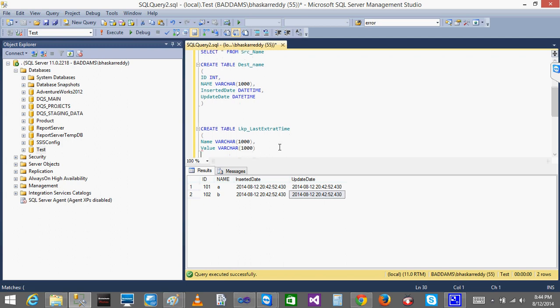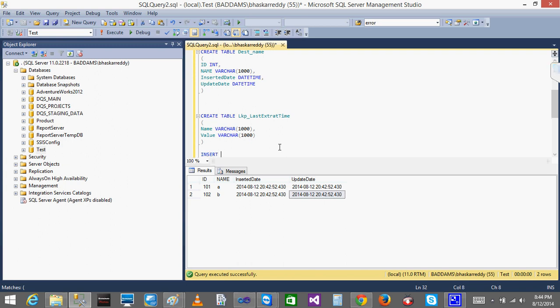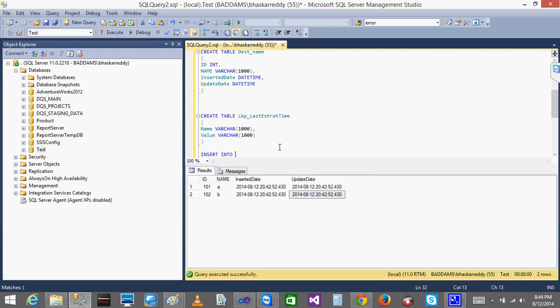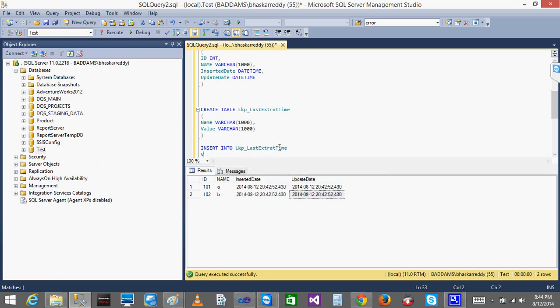So my thing is that I'll be storing a last extract date time. So I'll insert value, insert into LKP last extract time, values. I'll give the name as something source name, load source name something.